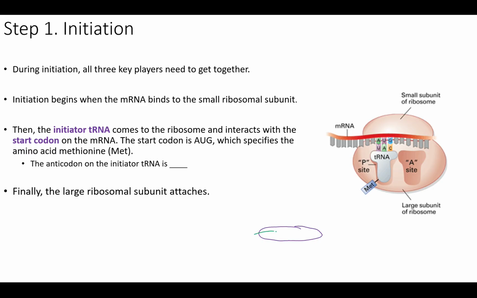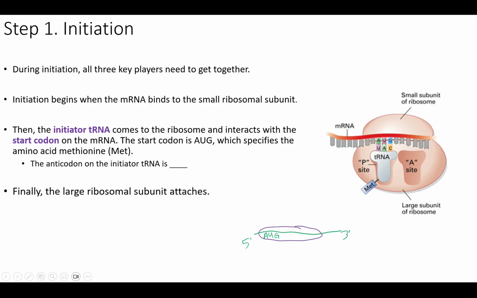So I'm just going to draw it like this. Okay, we're going to have our 5' end and our 3' end. So there's our messenger RNA. It's attached to the small ribosomal subunit first. Then what's going to happen? So remember, our first codon. Okay, and please remember I'm artistically challenged too, so I'm doing my best here. So what's going to happen now